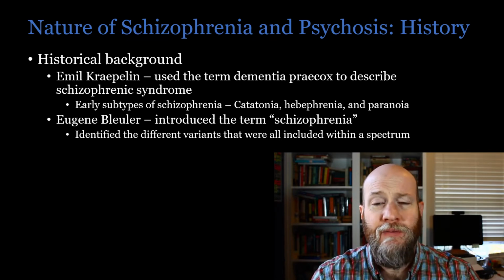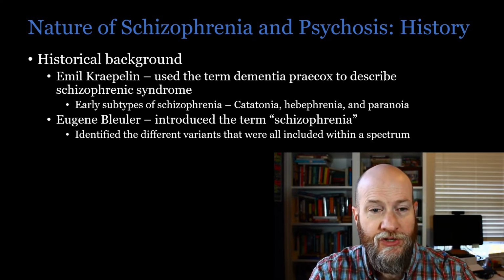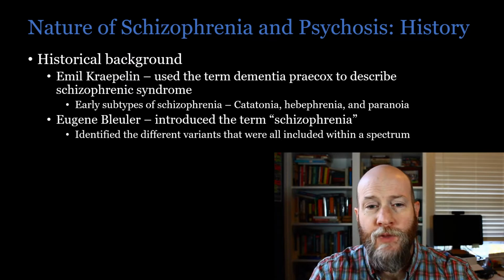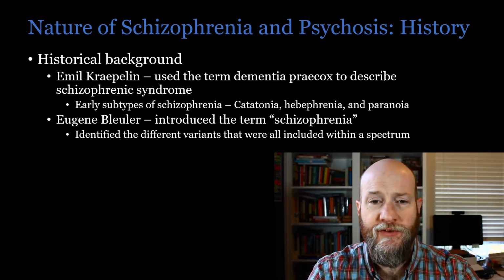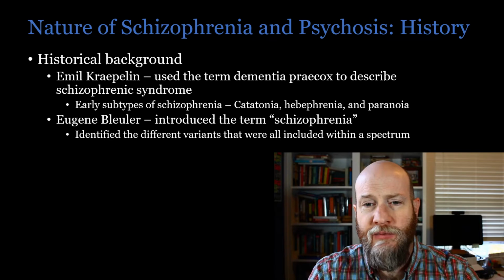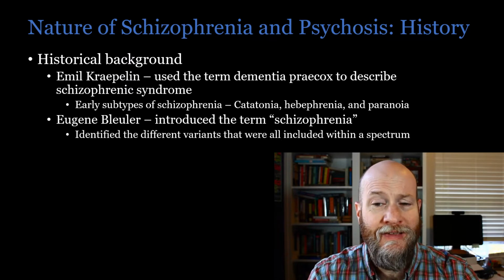Now, that can be a very misleading term because we now have a very different connotation for the term dementia, which we're going to talk about soon. But he did identify this syndrome under that name. And he also broke it down into some early subtypes: catatonia, hebephrenia, and paranoia. We're going to talk about all of these former types that were included even as recently as the most recent edition of the DSM prior to DSM-5,